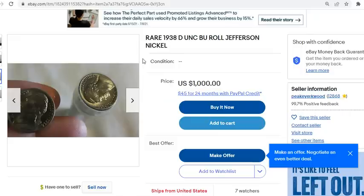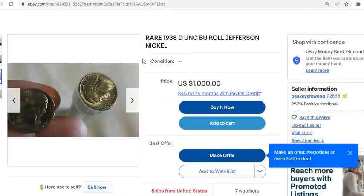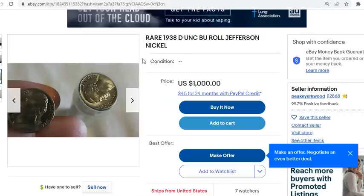So again, really doing your homework and doing your shopping, most notably somewhere local where you could pick up the roll and take a look at it without trying to open it or anything, and just give your best assessment of the product, which on eBay, that's kind of hard to do. But at the very least, you do know what kind of stuff you should be looking for in a BU